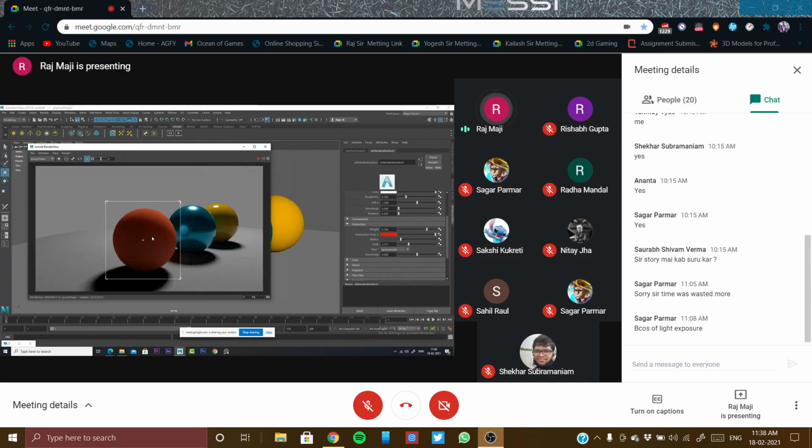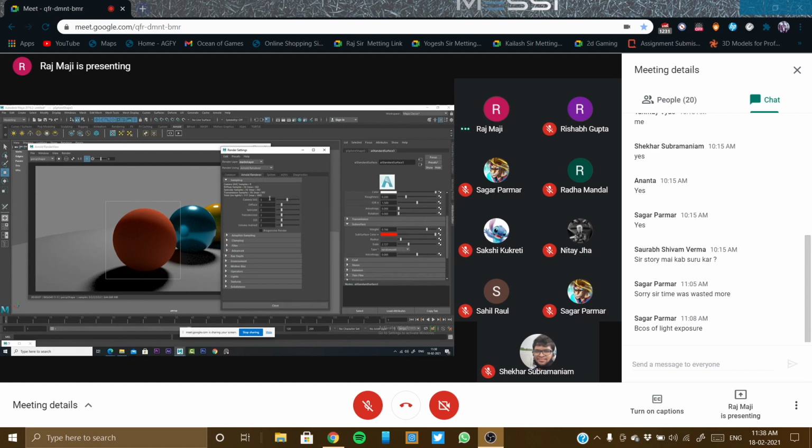Another thing is, whenever you render with subsurface scattering, this kind of pixels will come. So for that, you have to go to the render settings. I'm not talking about all these, but I'm talking about SSS, subsurface scattering. We don't want this right now. This has to be more to get a decent result in subsurface scattering. At least 4 it has to be if you are dealing with a character. So you can get very good, very blended render quality from your scene.